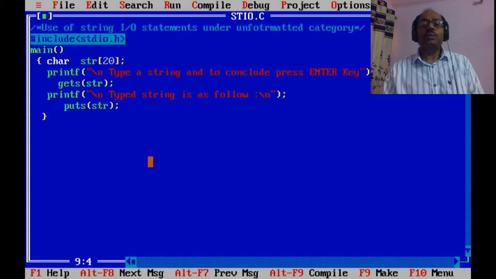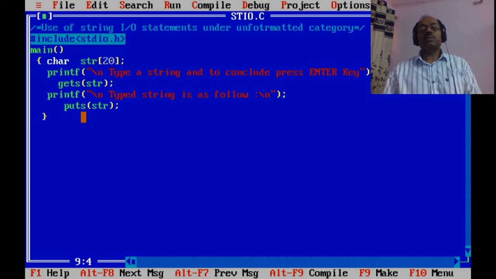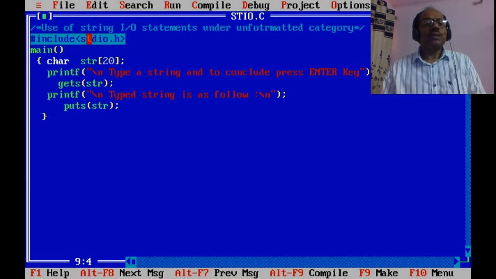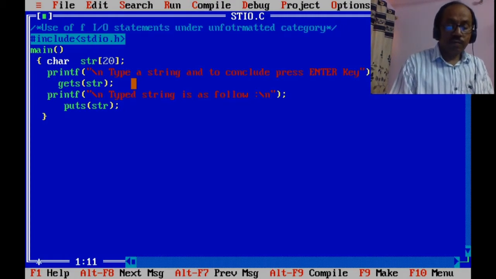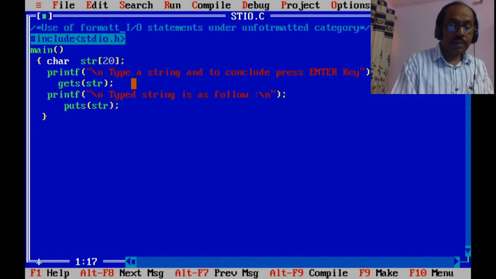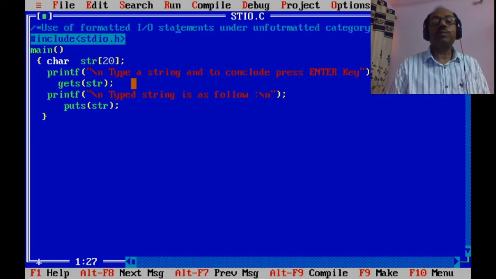Now one type is still left, so I am continuing to demonstrate that one, that is formatted input output statements with some modifications that will be shown here. Again, use of formatted input output statements.